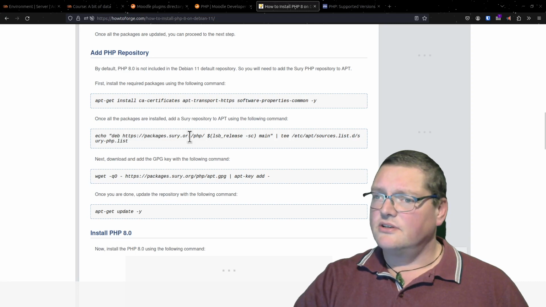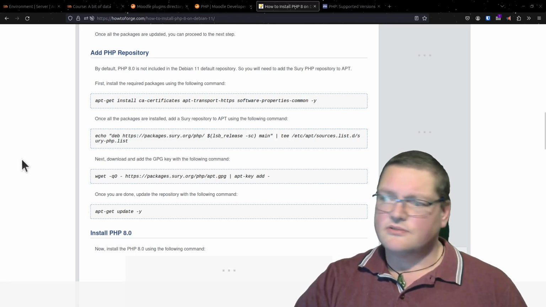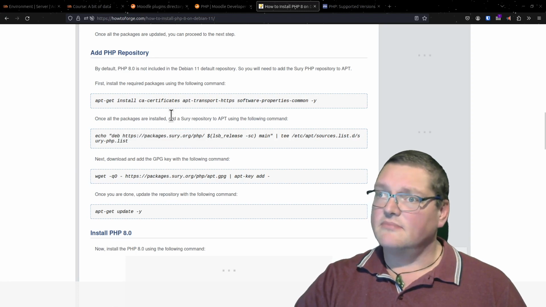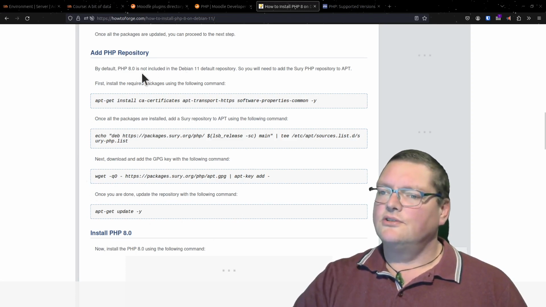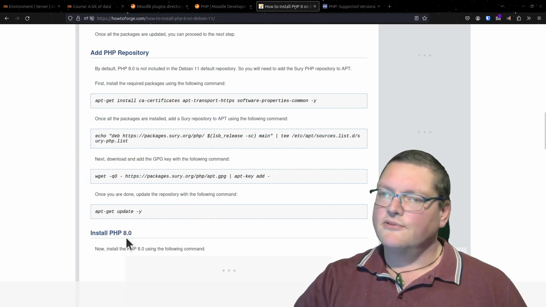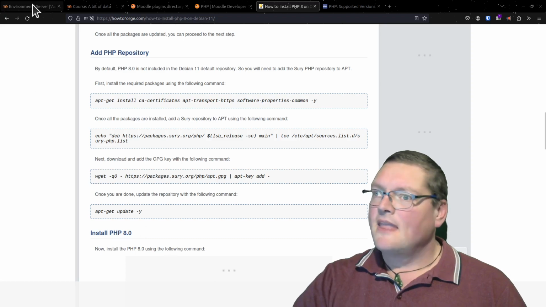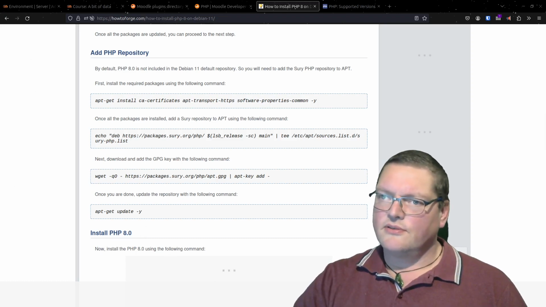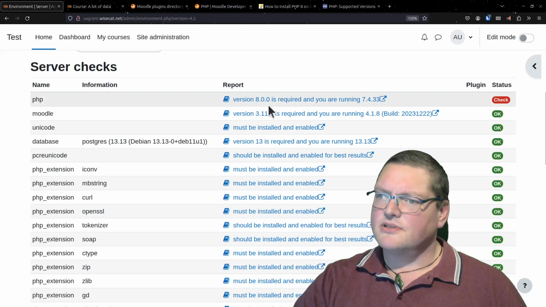Make sure it's the Andre Sury repository. Don't just go get some crazy person's repository, because that might get you in some hot water. But look around, Google around a bit, and you should find something like this with, say, 3 or 4 commands, and you'll be there. So let's get those 3 or 4 commands and get ourselves up. So